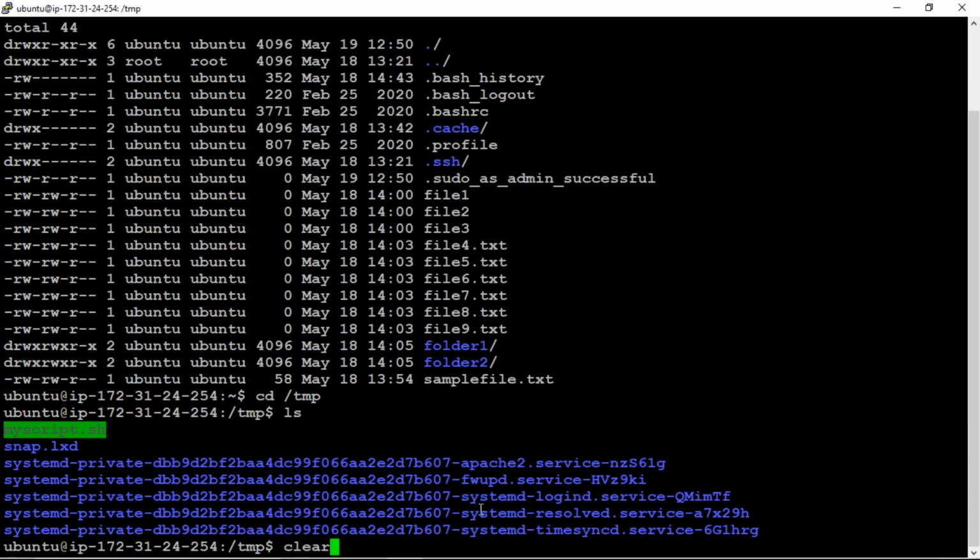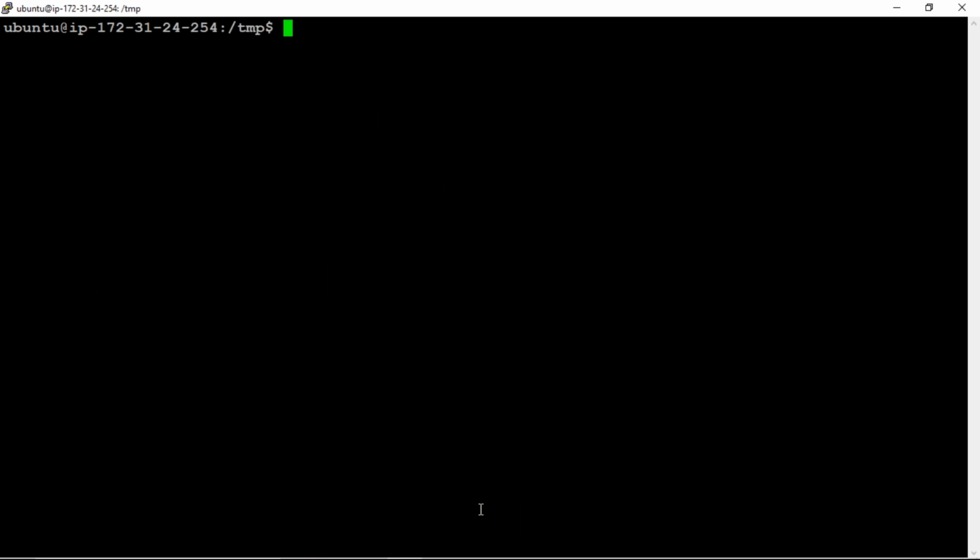I'm just clearing the screen again. And next, we want to see those files. We already saw those files. So now I'm changing to root mode again.